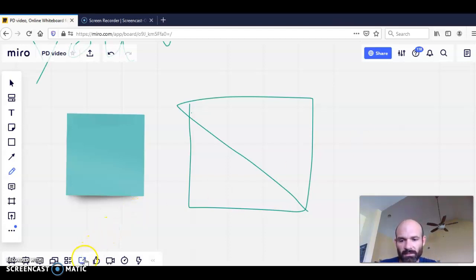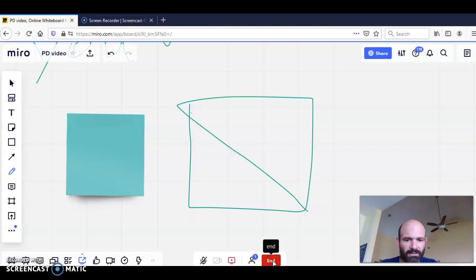Another really cool thing down here, last thing I'm going to show you, I'm going to let you guys go. Screen sharing, if I click this, it's hard to demo this with it's just me on this board, right? I click that, this is when I'm running a class, I click start, and then once I'm right here, everybody that's on the link follows me. So when I move, it's still thinking, my phone is ringing. When I move this board, everybody is on the same page as me, which is really